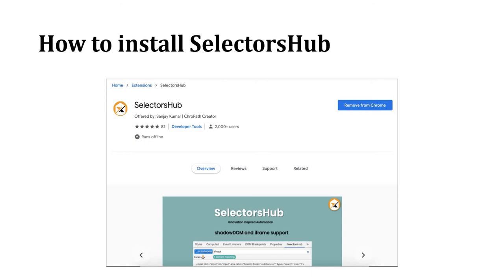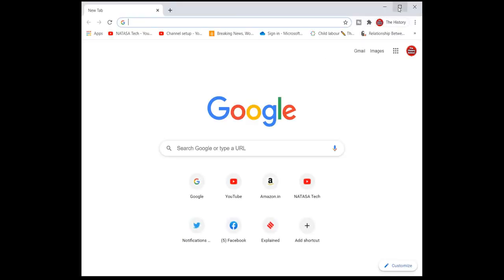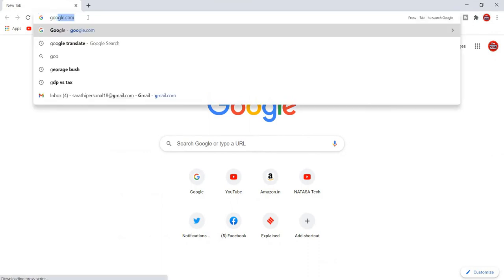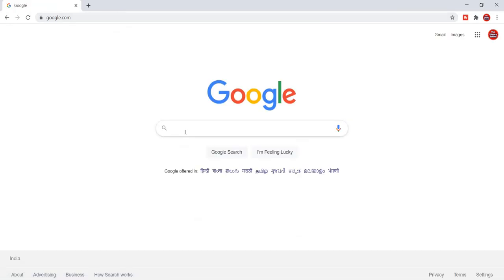Okay, let's see. Now I'm going to open the Chrome browser. Here, google.com. Inside google.com, you just enter Selectors Hub XPath tool.